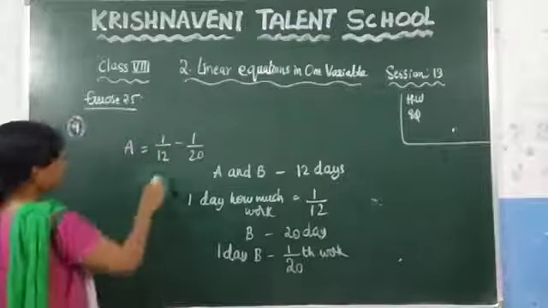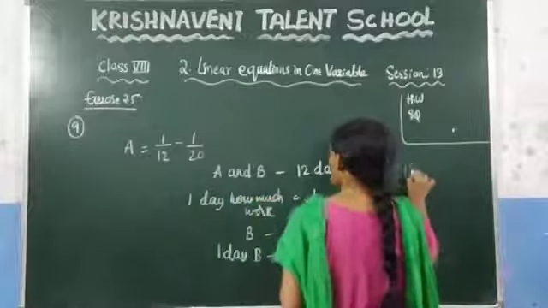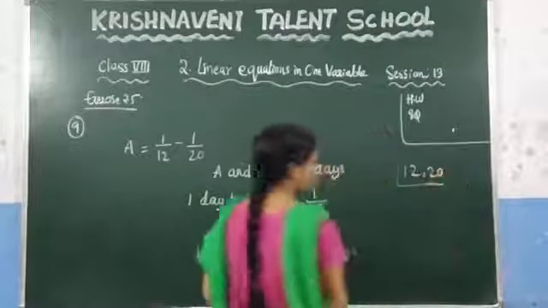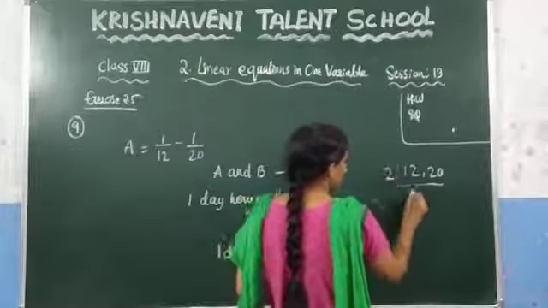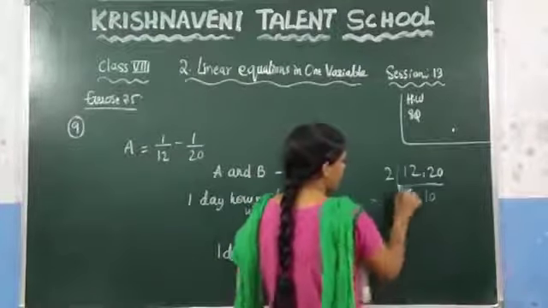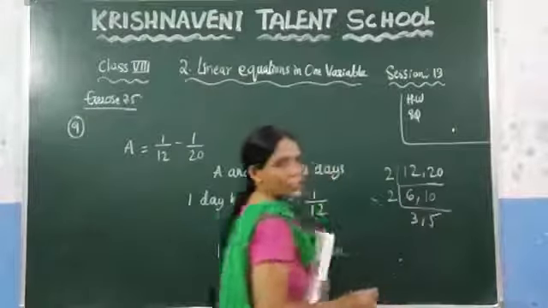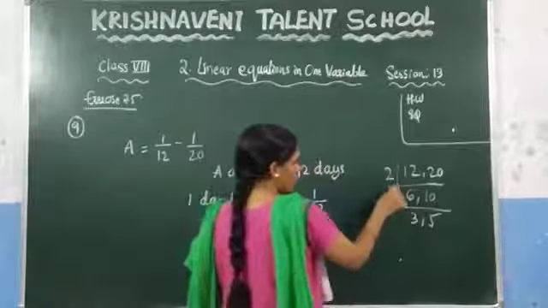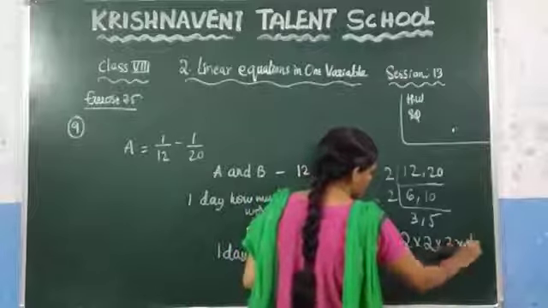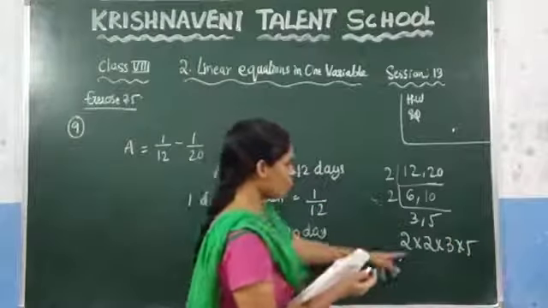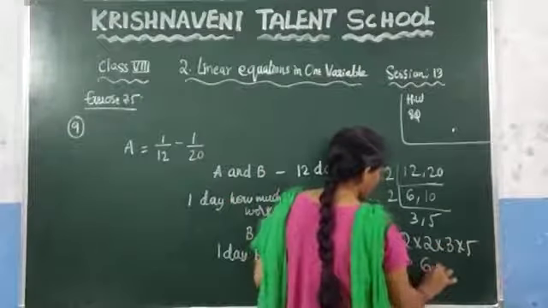Now you need to take the LCM of these two values, 12 and 20. And you know that the LCM of 12 and 20 gives you 60. So how do you solve it? You know that 2 sixes are 12 and 2 tens are 20. And similarly, 2 threes are 6, 2 fives are 10. Now what is the LCM? You need to take the product of these four values, which is 2 into 2 into 3 into 5. What is the value of 2 into 2? 4. 4 threes are 12, and 12 fives are 60. So here you got the LCM, which is 60.